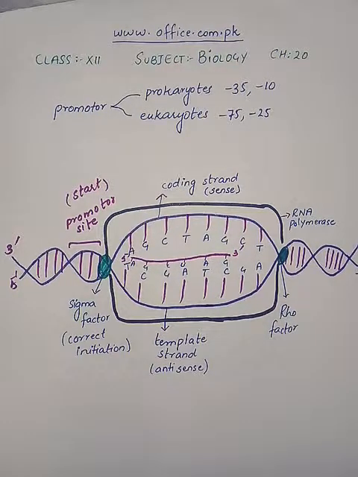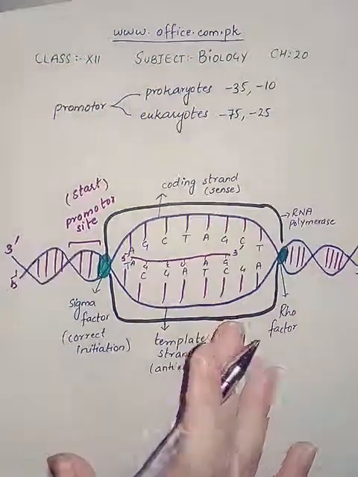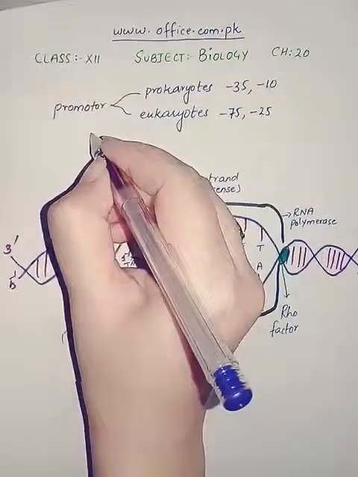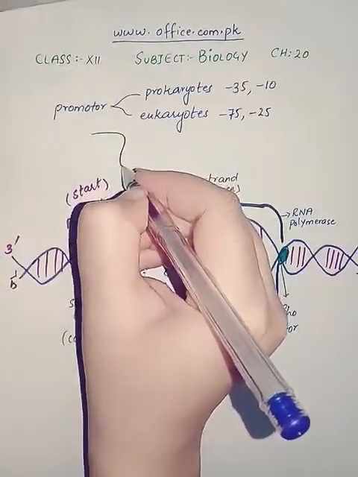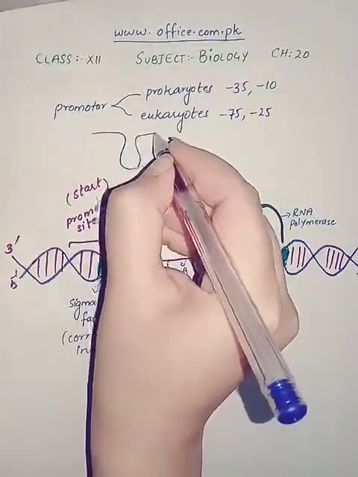The simplest stop signal is a series of GC base pairs followed by a series of AT base pairs. The GC base pairs mean that when the messenger RNA is formed, it will take this shape, which will